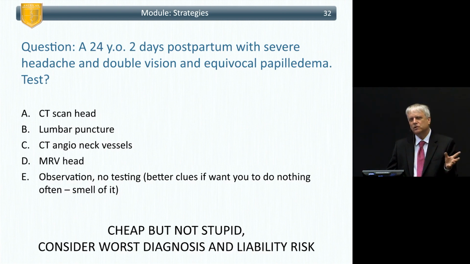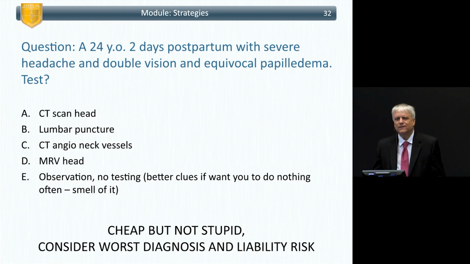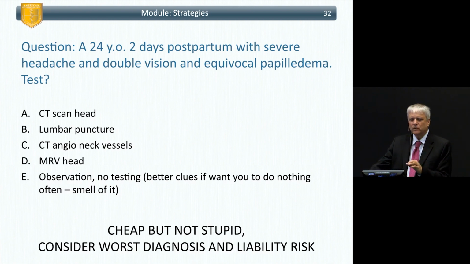When they're saying, oh, should you spend a bunch of money on this? Should you get a CAT scan or whatever? A lot of times it's like you've had a stable migraine for 10 years, they're having a couple more, but they've had a lot of stress. Should you get a CAT scan? It's like, no. And so the times when the answer of observation is almost always wrong is during a time when there's serious stuff going on. So like a guy who runs a marathon and has severe chest pain, you should say, oh yeah, he's probably fine, don't worry about it.